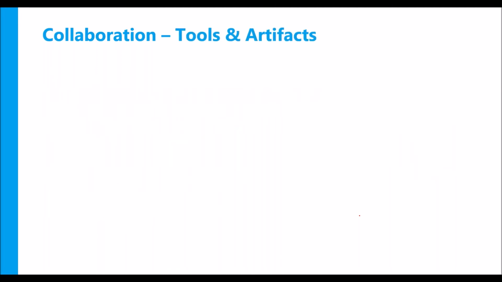Now let us look at some tools and artifacts for collaboration. One thing is something called the team charter. Team charter is a document where you list down all the team's preferences. The team may have their own preferences like the meeting times, the communication method they would like to use, and conflict resolution techniques. So all this can be decided with the team. Talk to the team, understand their preferences, come to an agreement with the entire team and document it, so that the team is very comfortable.